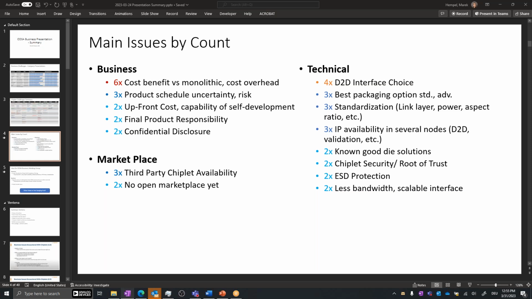From a package standpoint, what is it that you're trying to build? How much bandwidth do you need? How many such interfaces? That is going to push you towards a certain packaging solution. It's a multi-dimensional problem. It's not something you can just break down and say it's this or that.